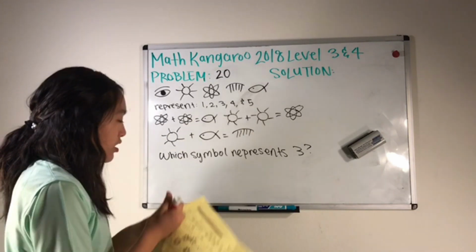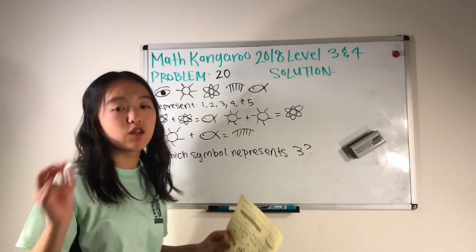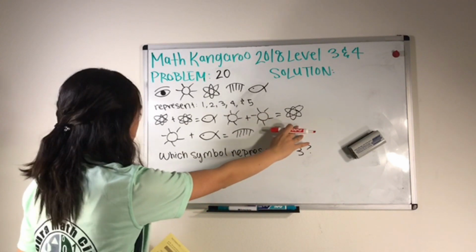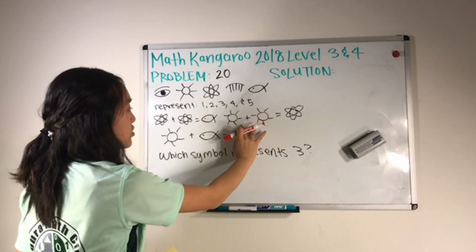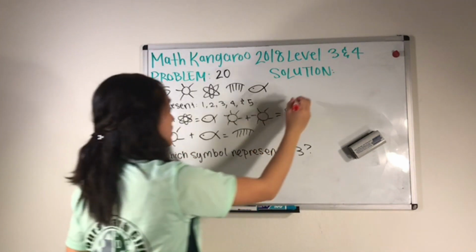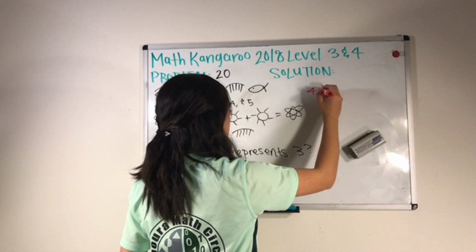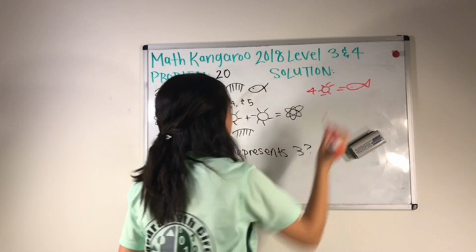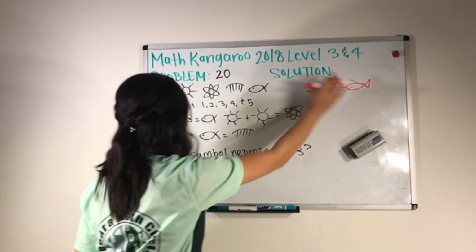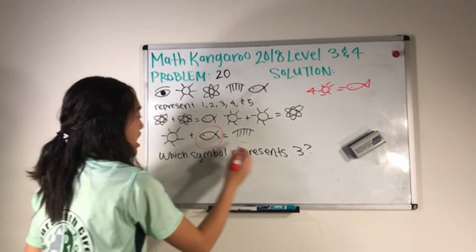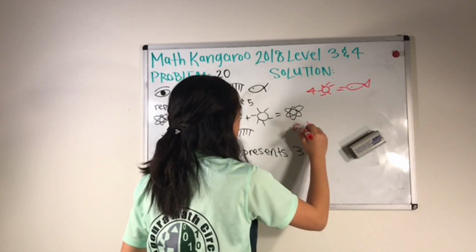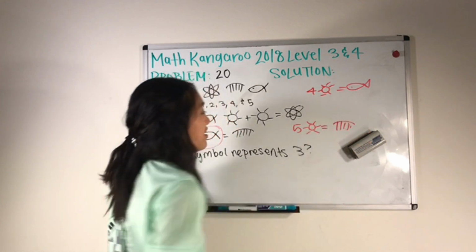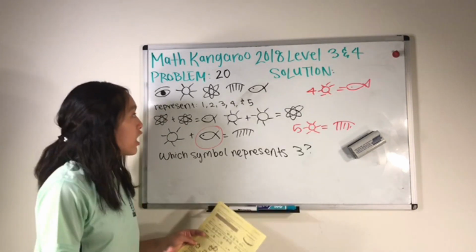So this kind of problem requires a lot of logic and substitution. If we know that 2 suns are equal to a star, then we can substitute this in. If 2 suns equal a star, then 4 suns equal a fish. And if 4 suns equal a fish, we substitute that in over here with the fish, and then we have that 5 suns equal a shell. And now that we know that, we know